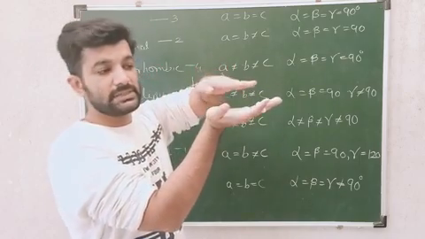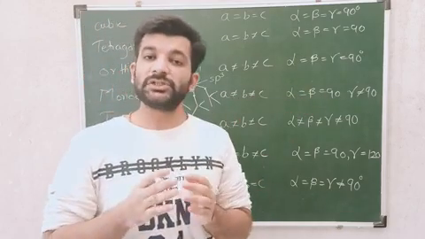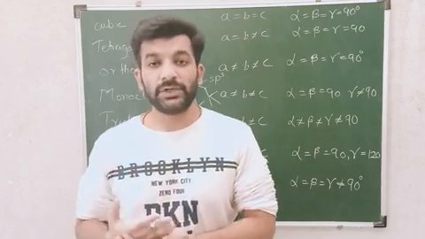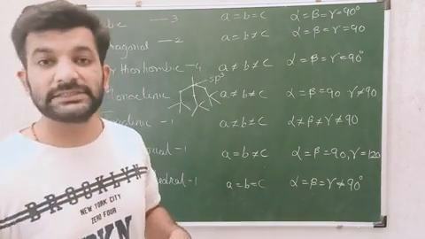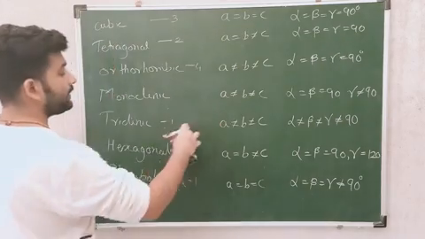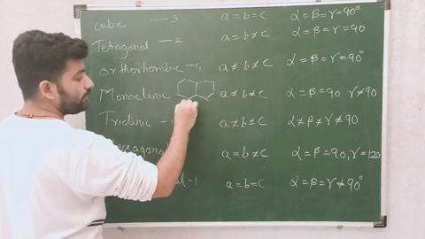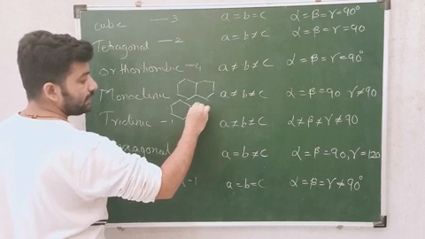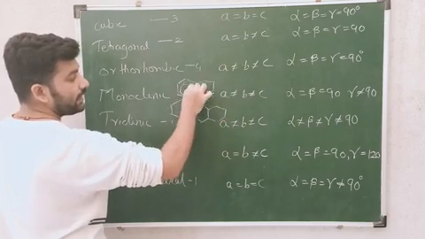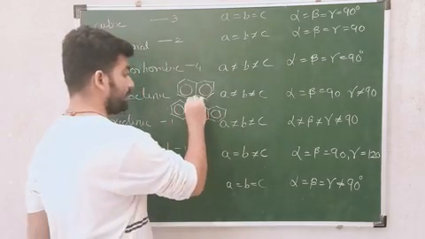But if we place some external force, those layers slide on one another and there is formation of lubrication between them. That's why graphite is also used as a lubricant, while graphite has free electrons present in it. Now free electrons means what? I will draw a small structure of graphite over here. It is a hexagonal structure where two different layers are interacting with each other. This is one layer which is going over there. It will have unpaired electrons. Those unpaired electrons are free electrons.